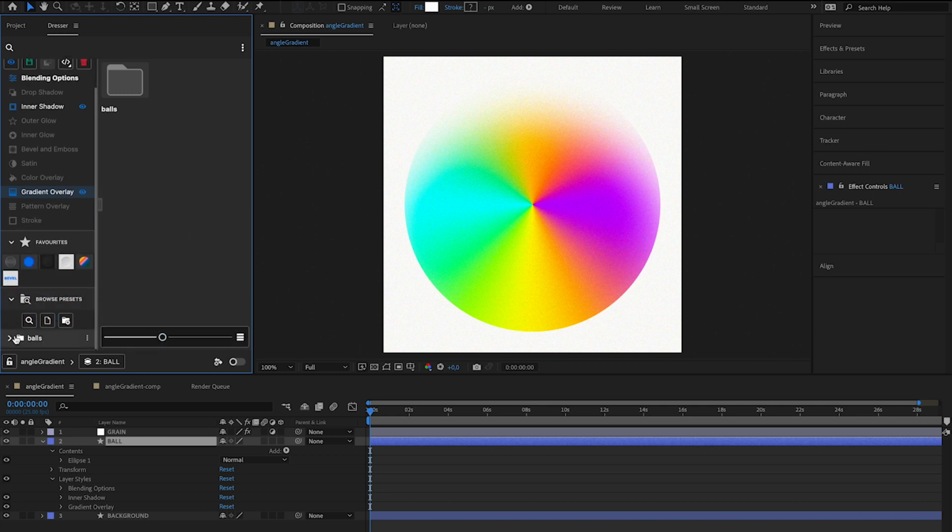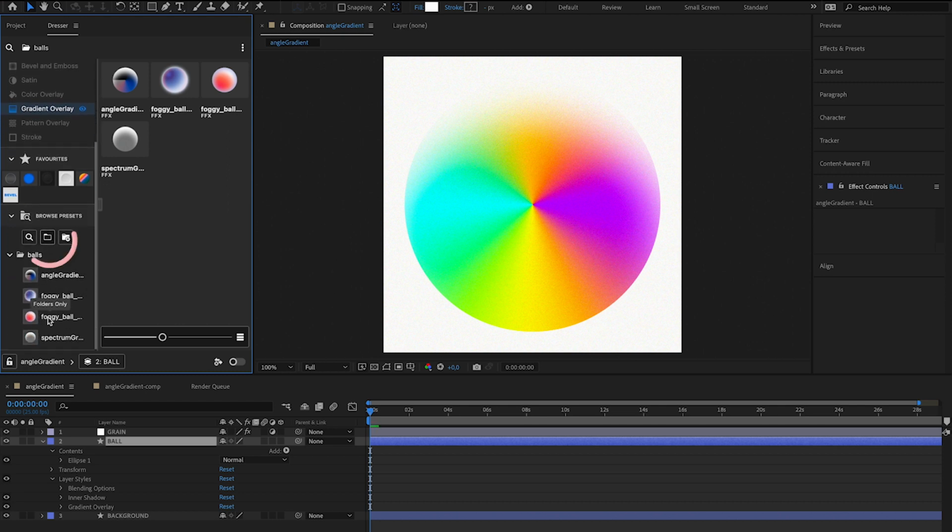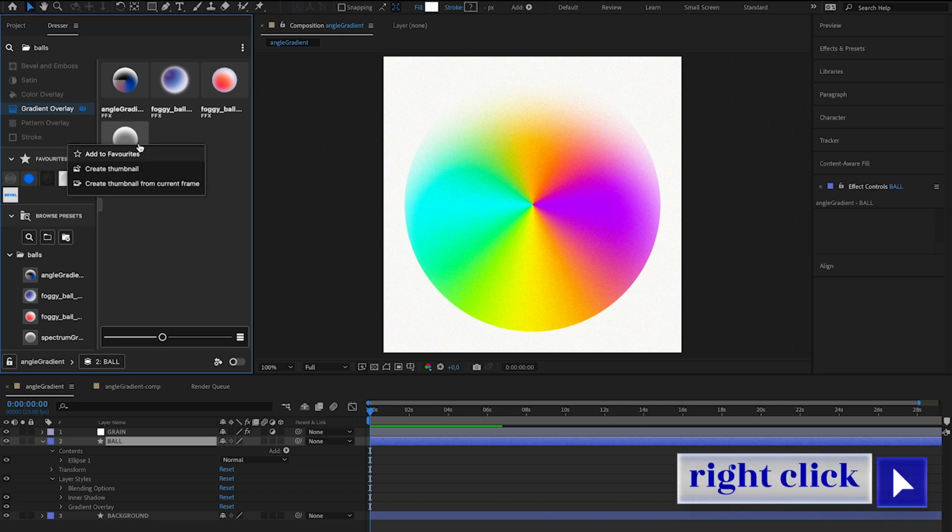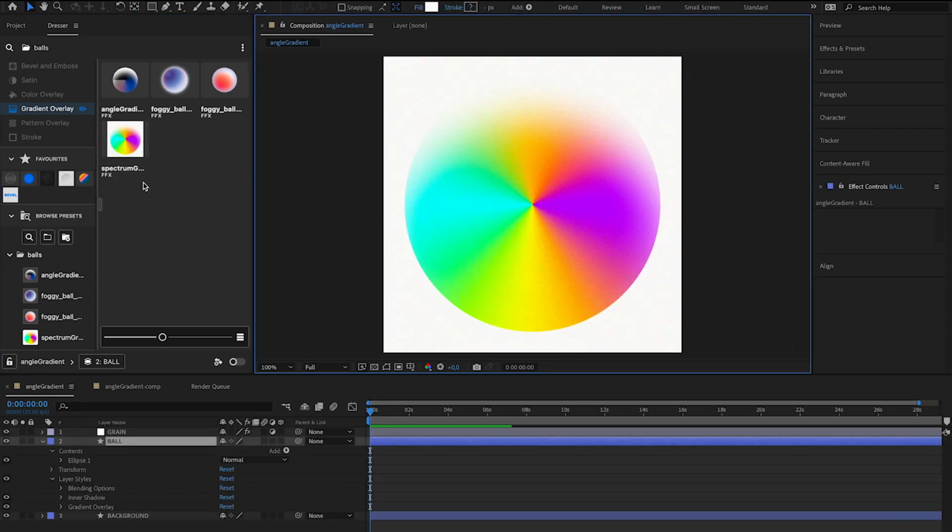By default, only folders are visible in the sidebar, but you can toggle Show Files from the Action button here. You can manually add as many folders from your local drive to Dresser as you want through the Add Folder button, and remove or reveal them in Finder by right-clicking them for the folder menu. By default, Dresser will create a thumbnail of 100 by 100 pixels beside your preset for previewing purposes. You can also create your own custom thumbnail for this from the current frame of your active composition by right-clicking the preset and pressing Create Thumbnail from Current Frame.